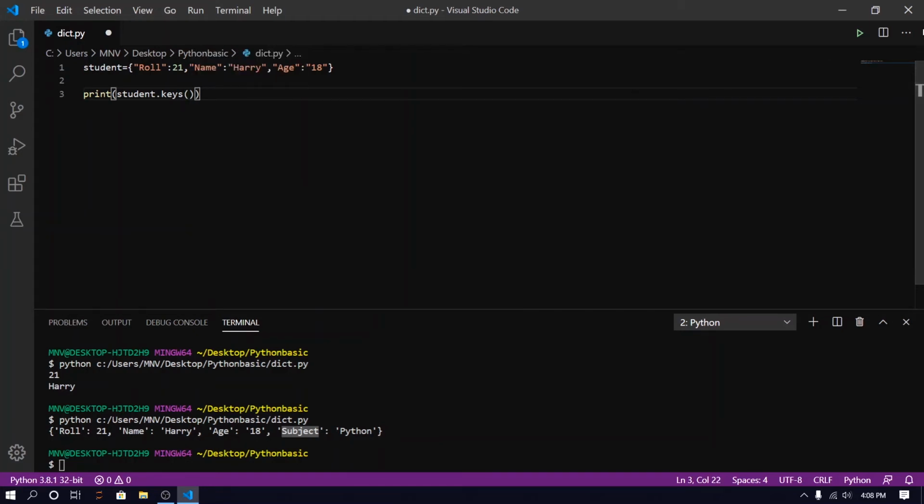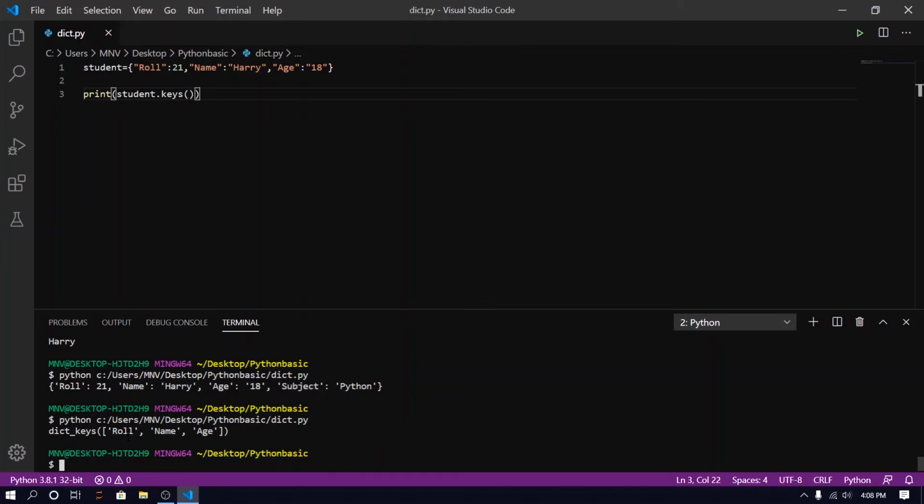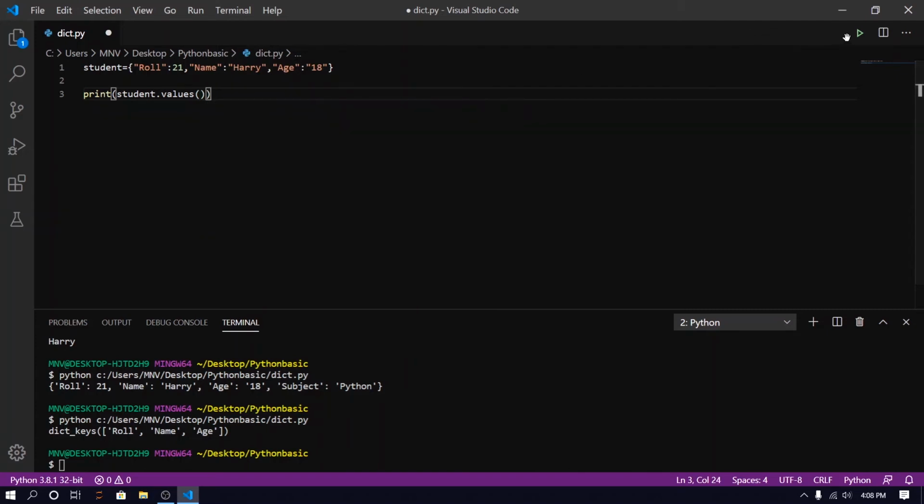When I print this, you can see that we got only the keys of our dictionary: roll number, name and age. What if I want to get only the values from my dictionary? We have another method that is called values. It gives me only the values from our dictionary.